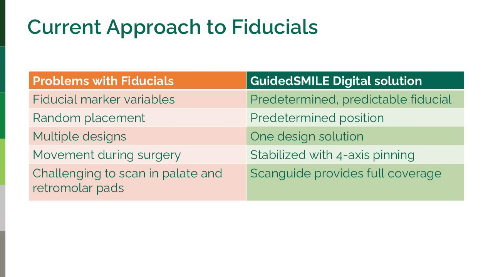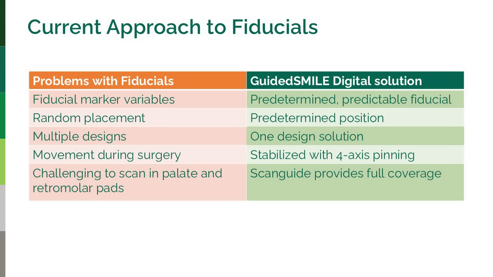One of them is fiducial marker variables, right? They are different shapes, sizes, manufacturers, materials. They're rarely consistent from case to case in position, but certainly in shape and form, right? It's not an exact science usually matching fiducial markers. They're randomly placed. Sure, consistent locations in the landmarks in a patient's mouth, but they're not consistently placed because they're